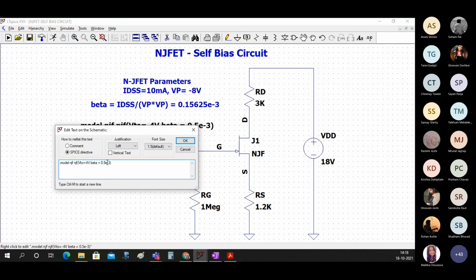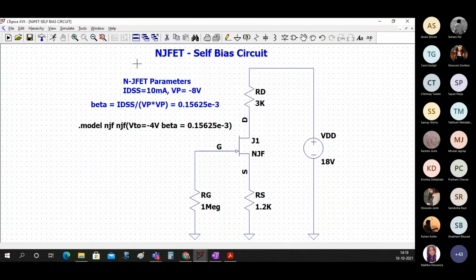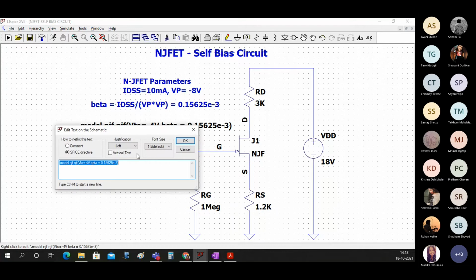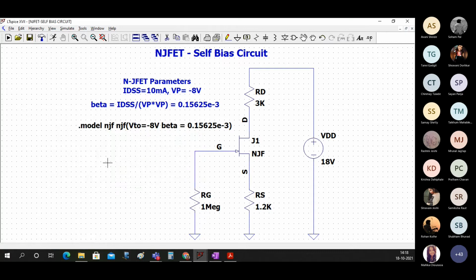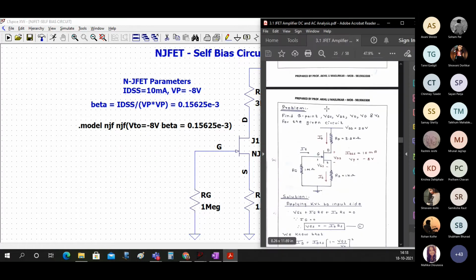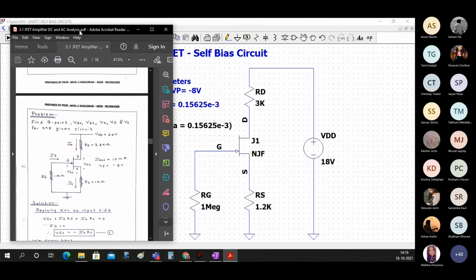And here also 0.15625. And here instead of 4 I'll put 8. We will also change this as per our circuit specification. This is the problem that we have done in the class.